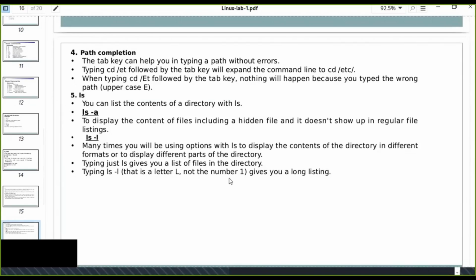Path completion is one important thing. The tab key can help you in typing a path without errors. Typing cd, for example, if you don't know the full folder or directory name, you can simply remember the first letter of the directory name. You can just type tab, and it's going to automatically complete the path of your directory that you want